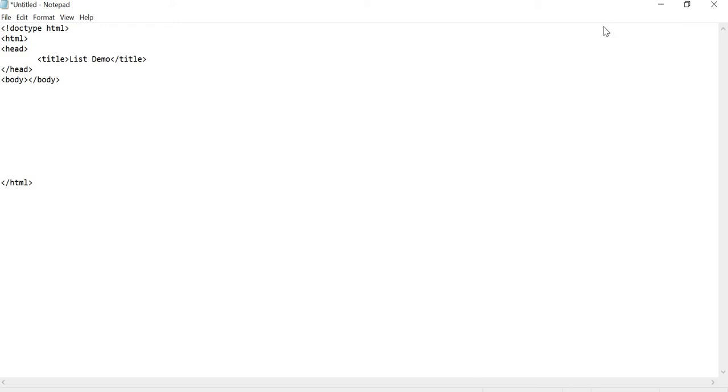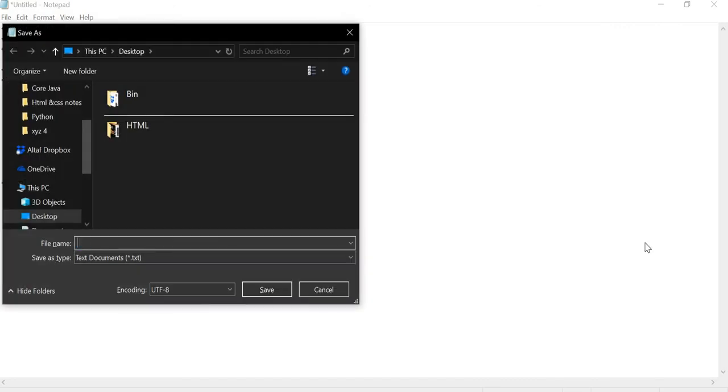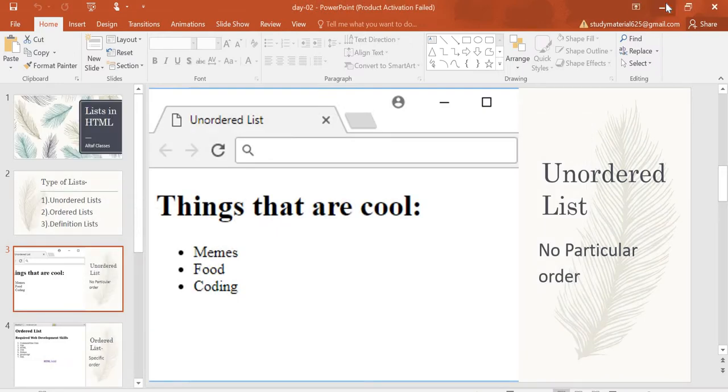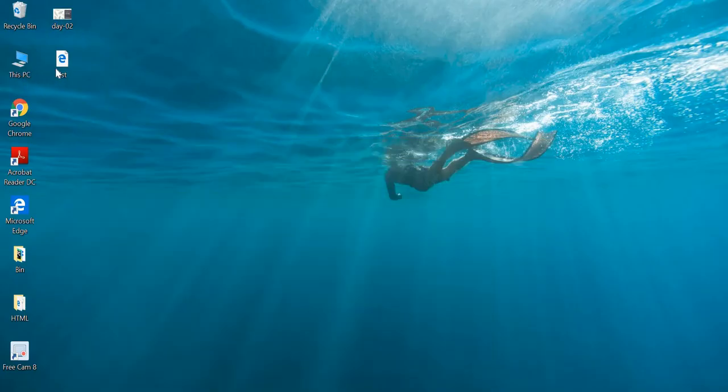Save this one, Control S, and I am going to give the name list, and the extension should be .html. I have saved this one. Let's open the file list. As you can see, this is your title, list demo.